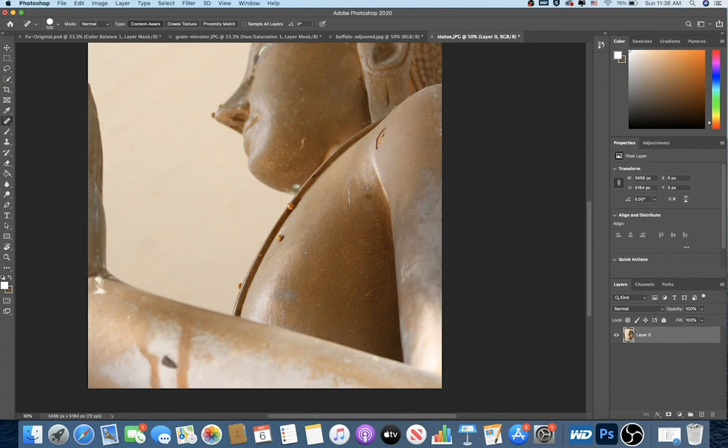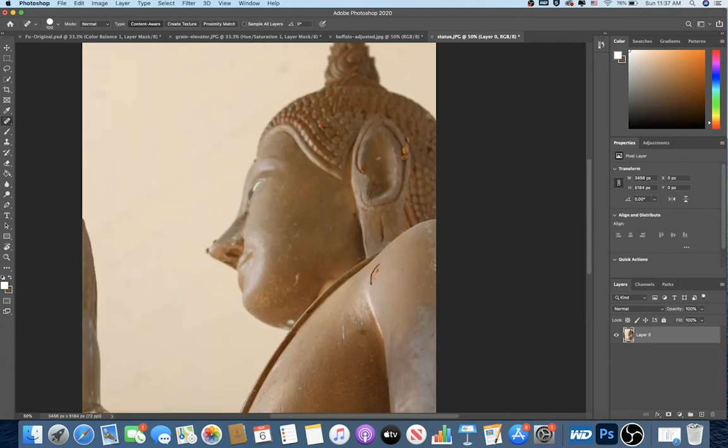Oh, I cast a shadow there, the bug did, so let's get rid of that as well. But you see, this makes it really easy to get rid of certain blemishes. You can imagine this is really good if you struggle from acne, or your subject does, you can always get rid of them. It's really good for fixing blemishes and things like that. There's a number of different ones. There's a